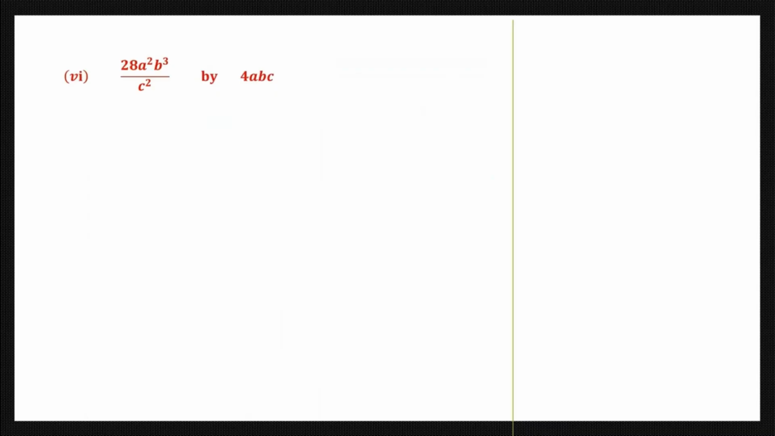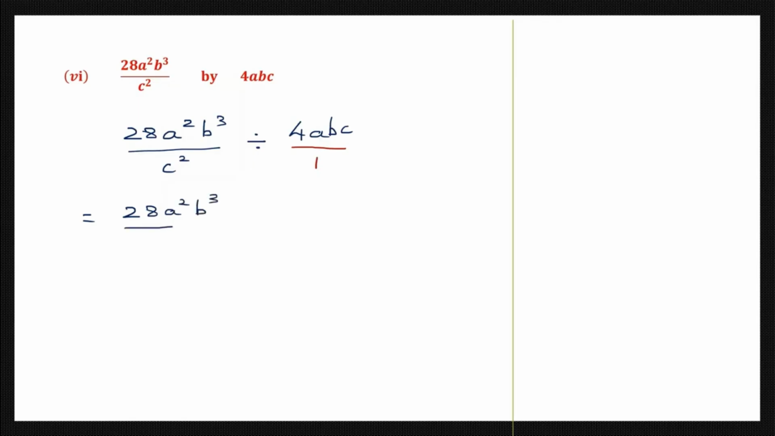Question 6. 28, let me write it down, 28a square b cubed by c square. So this is already in the form of a fraction. So we'll put the other one by the side, divided by 4abc. So now let's give 4abc a denominator 1, and now we're going to take this as division of fractions. So 28a square b cube divided by c square. Change the division to multiplication and write the reciprocal. 1 by